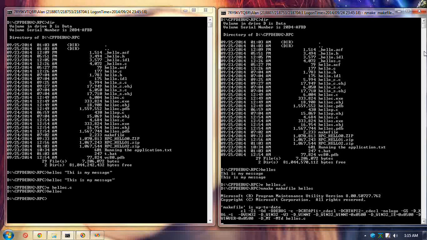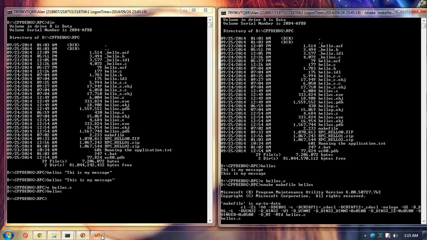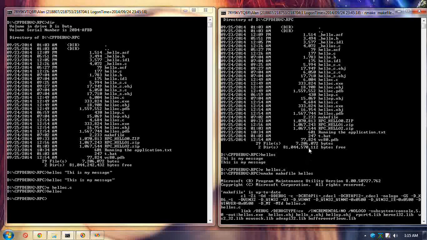The problem is I can't seem to get it working with this thing. Although this seems to be the same code and everything, there's something wrong. I'm doing something wrong.